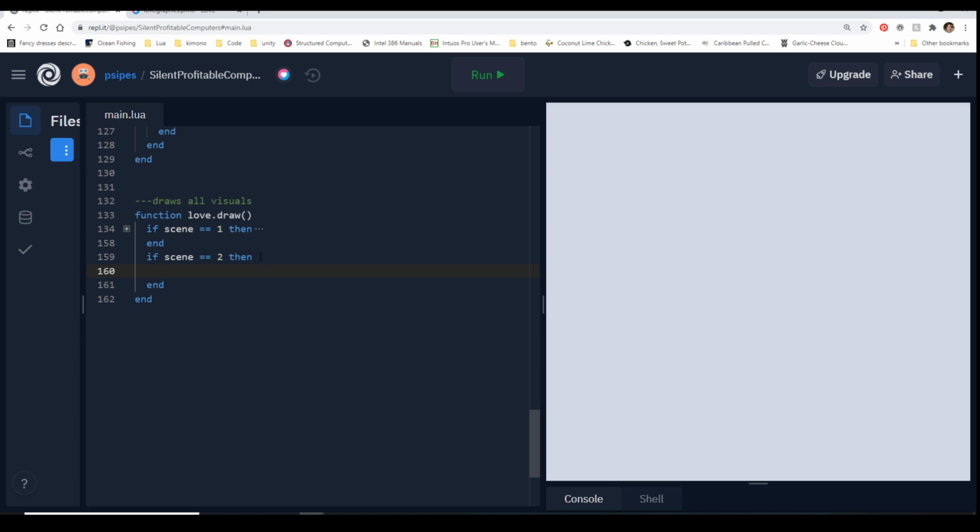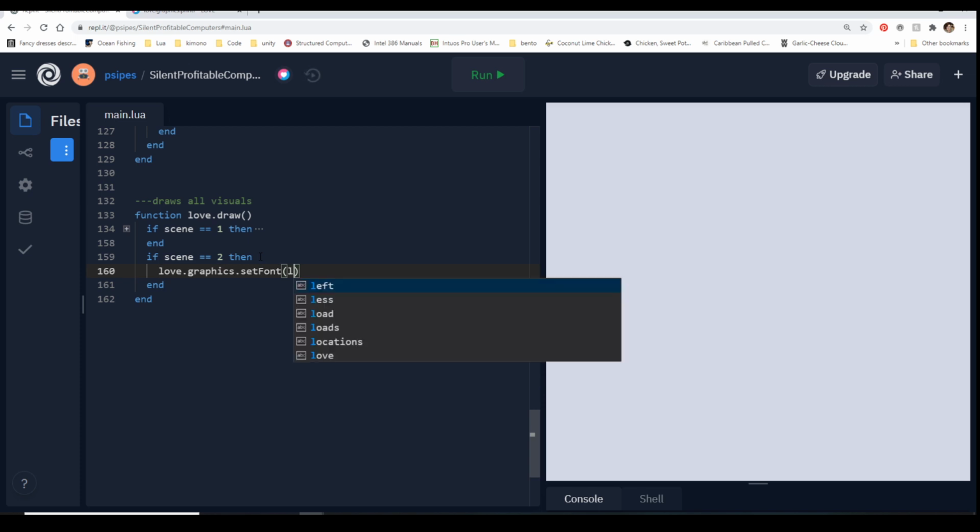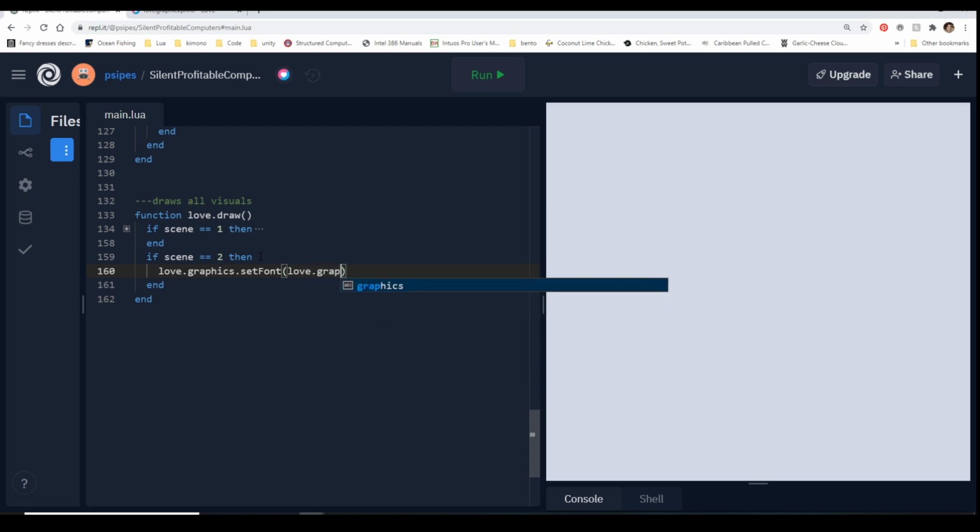And this is a lot of trial and error. But I know I want giant font, so we're going to say love.graphics.setFont. And you can also define this inside of load, but if you want to change different font sizes, it's sometimes easier down here.